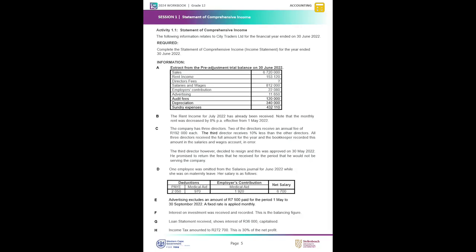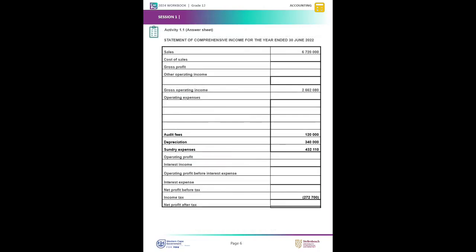And I'm going to show you step by step how to go about doing it. So you will be given this page, or in the test or exam, you will see the question. Read from the beginning, and we're going to do the process together. Right? So this is the question paper that we're going to be looking at, and this is the answer